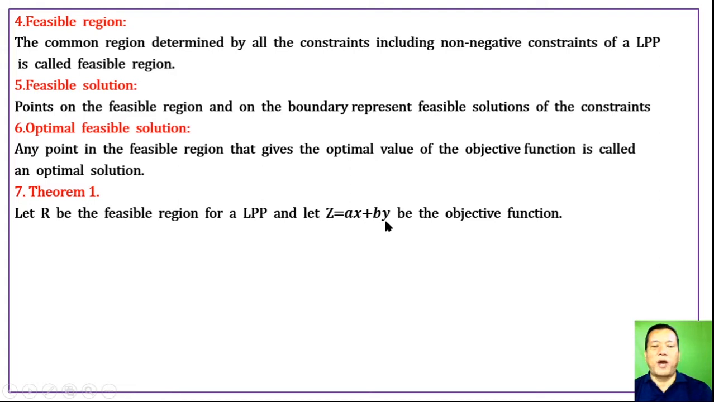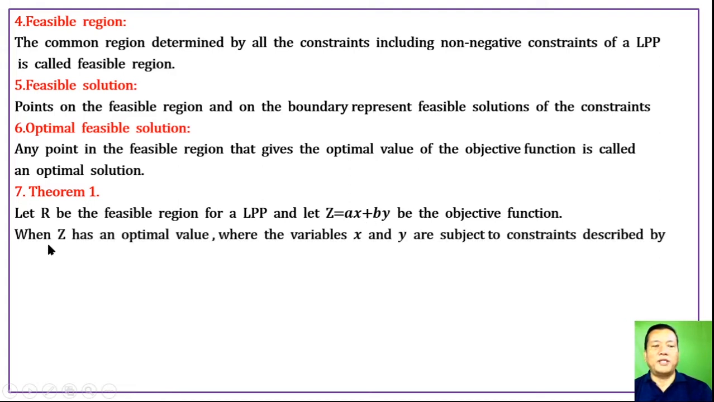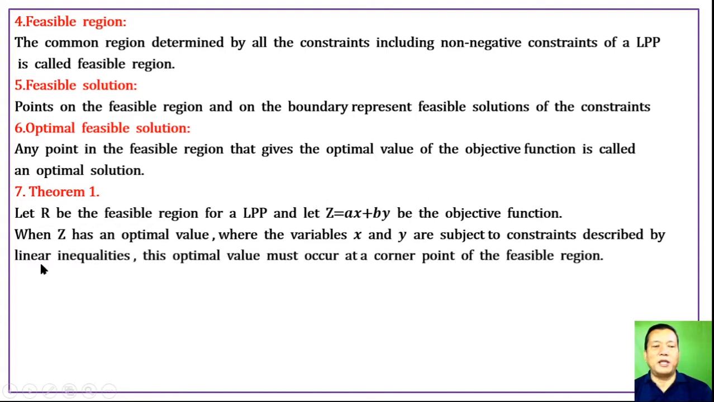ax plus by be the objective function. When Z has an optimum value where the variables x and y are subject to constraints described by linear